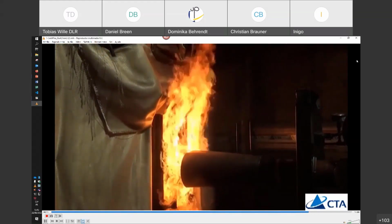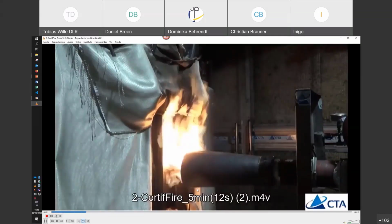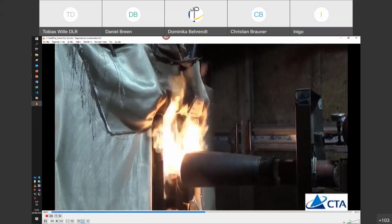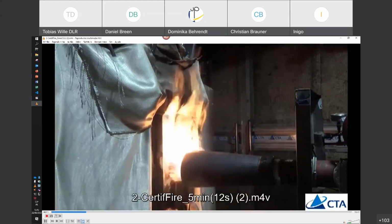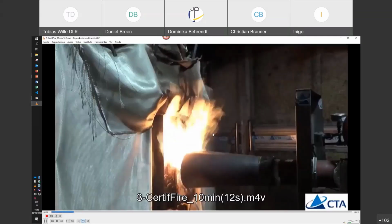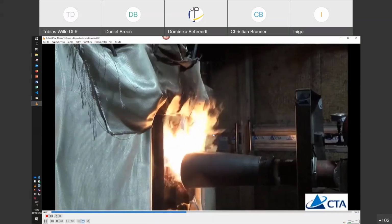I have another quick video of the 5-minute testing, when the unloading took place. You see now the flame is stable, and the same for 10 minutes. The same flame has shown to be stable, and